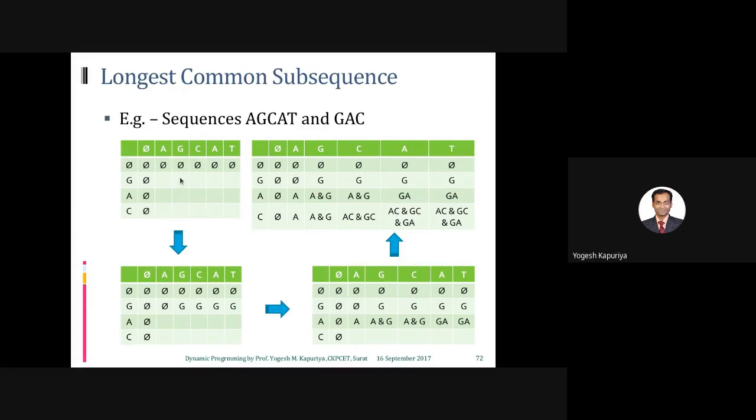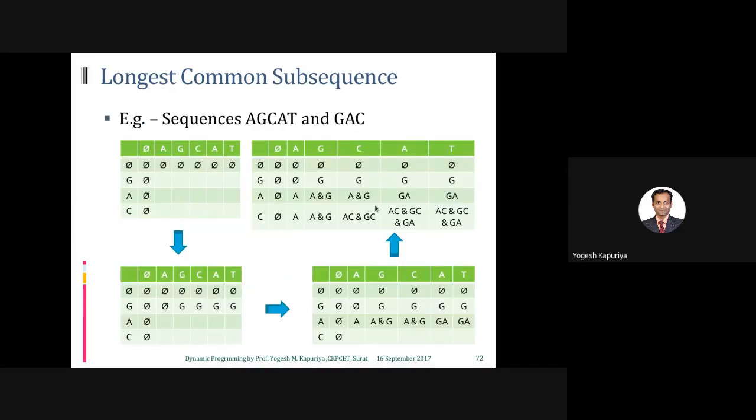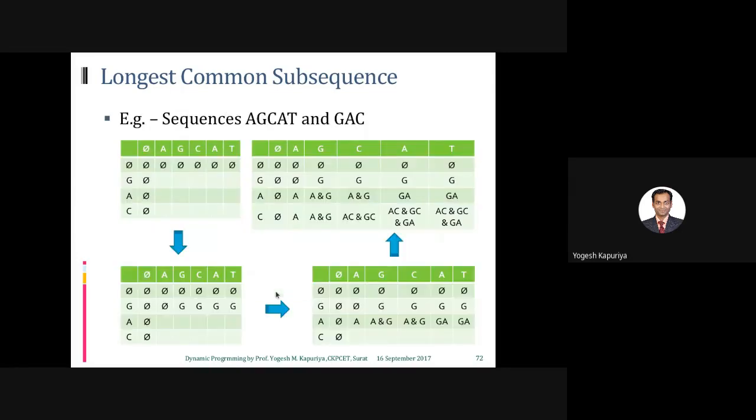See, there are two ways to solve this thing. There is one way, this kind of an approach in which you are putting the counts. For better understanding, I am writing the letters actually, right? Otherwise, you are supposed to put this count and you are supposed to put these arrows. We will understand what this arrow means, but let's first complete this evaluation. So you have G and G matches, so you are taking the value from the diagonal plus the letter which is matching. So that's why you have G over here.